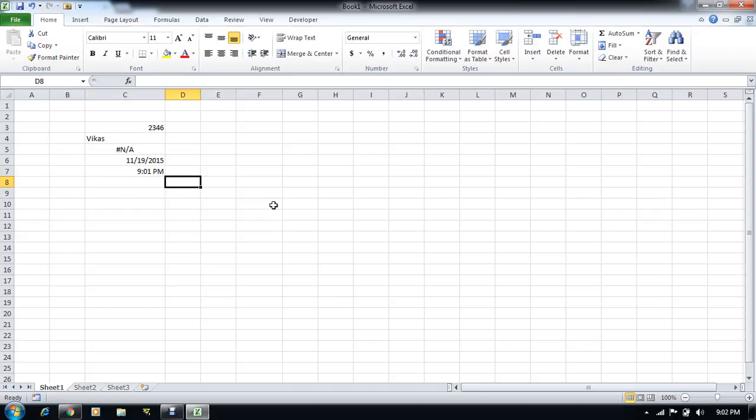First one is the character type of data. Second one is the error values. Third one is the numeric values. And fourth one, I would say, blank values. And there is one more type of data, or I would not say data, that's why I am saying four types of data.